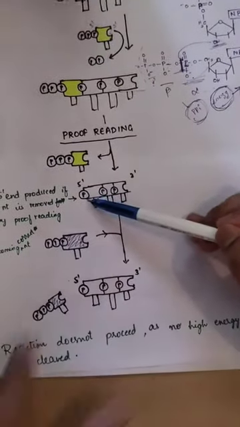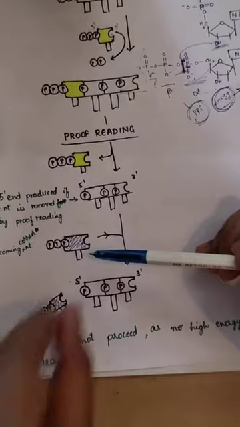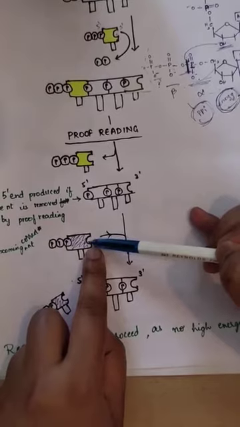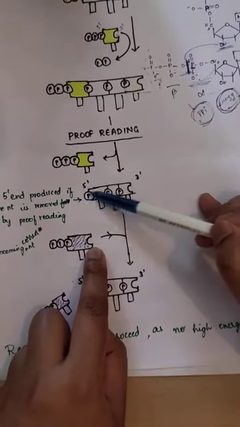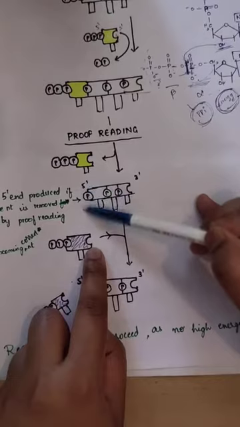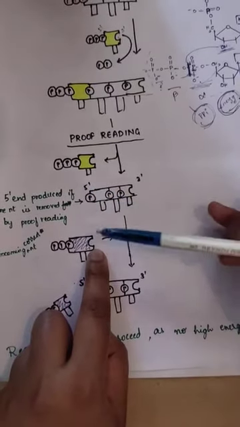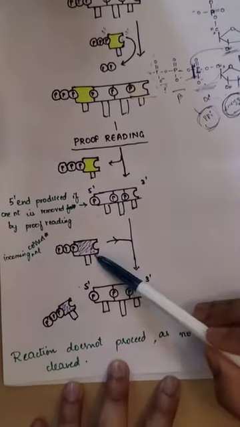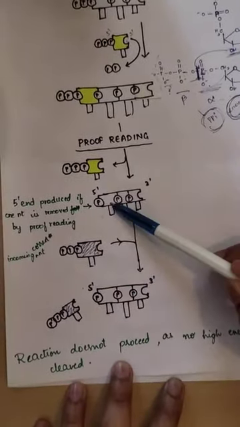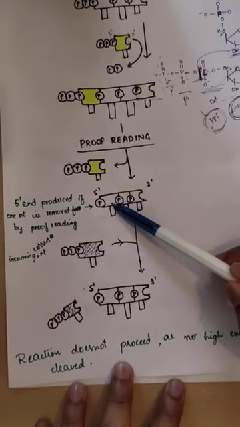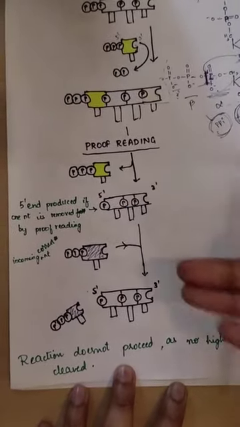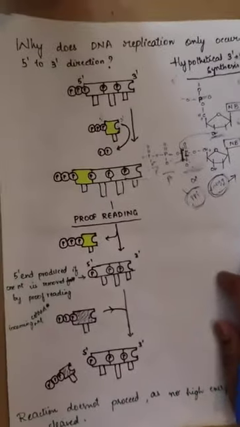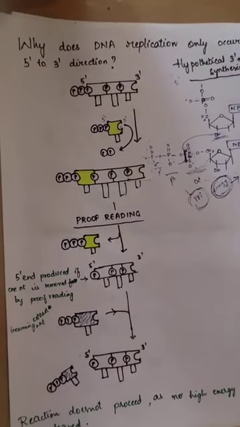So now the incoming correct nucleotide is coming. It carries three phosphates and it has an OH group. This OH group will attack this monophosphate. It is fine. But there is no high energy bond to be cleaved so that the energy is released. No energy is released, and this is energetically not favorable, and this nucleotide does not get incorporated into the elongating DNA strand, and the DNA replication gets terminated. That is why 3' to 5' DNA synthesis is not favorable in the cells. That is the answer to our question.